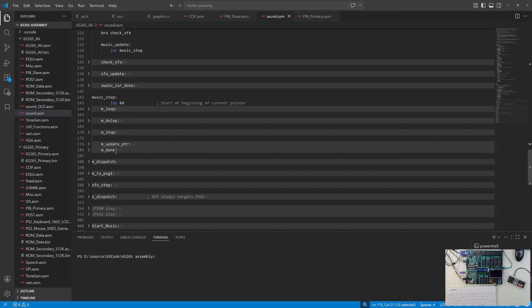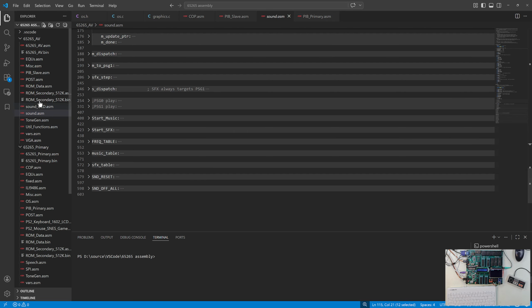All the audio stuff I've done up to this point has always been just delays, like little loops for delays and things like that. I haven't used timers for audio. And in this case, I am using this timer on the VIA to generate an interrupt. And that interrupt then has to look up music data, which I've got a bunch of over here